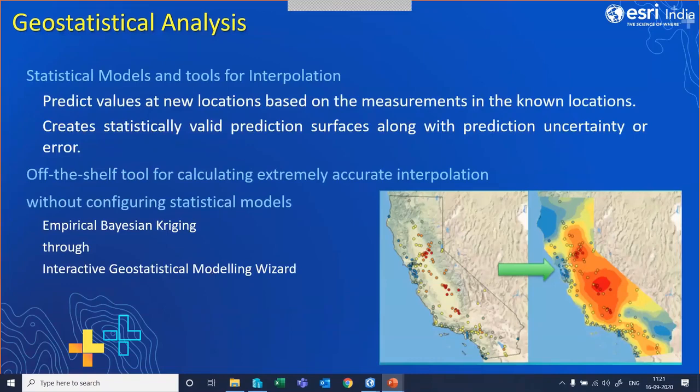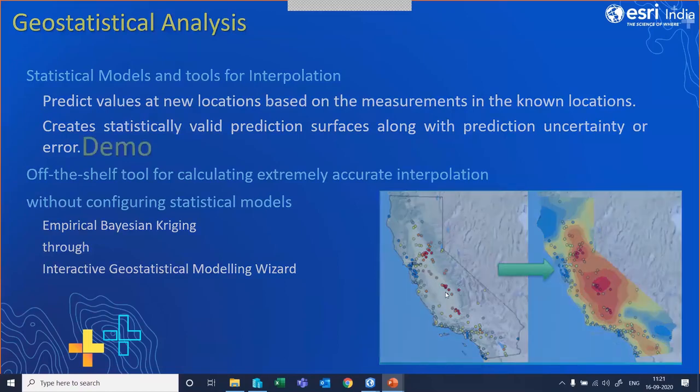Similarly, like we have done with the help of the spatial analyst, where we used a basic algorithm, here we are using an advanced one, which is very quick and fast. So let me show you a quick demo on this as well.